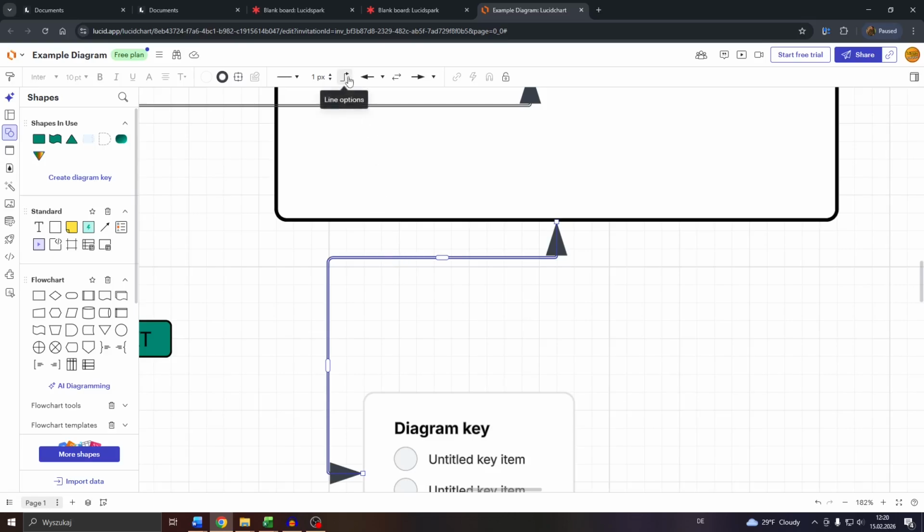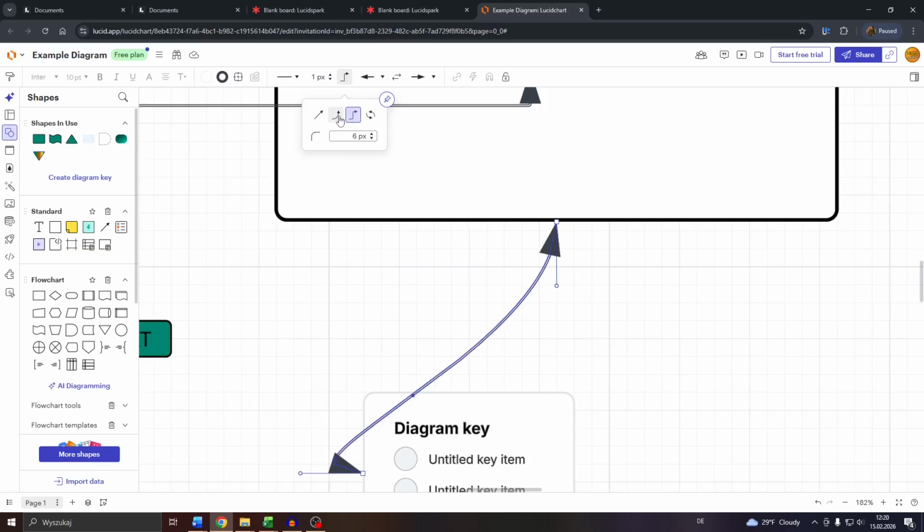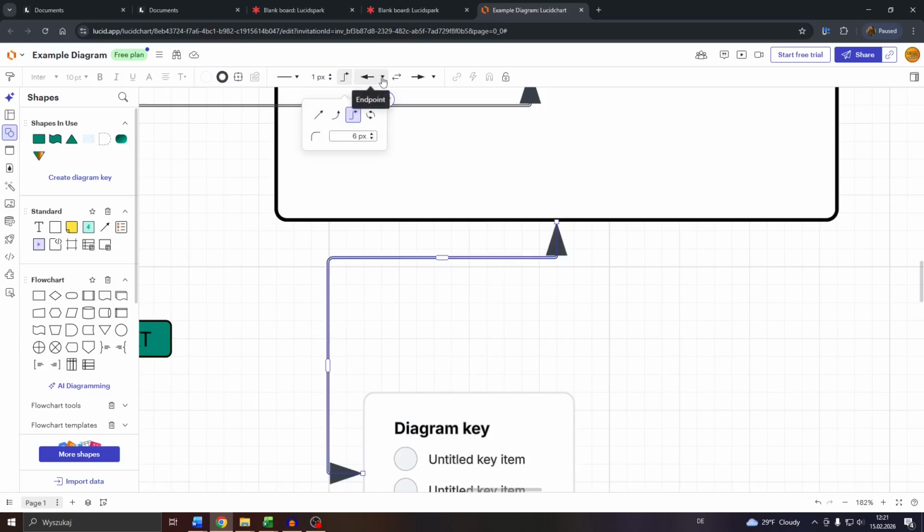the top you will see these options: line options and endpoint options as well. If you'd like to change the line, for example, to a curved or a banded or a straight line, select one of these. You may also select the thickness here, and if you'd like to change the line point for one,